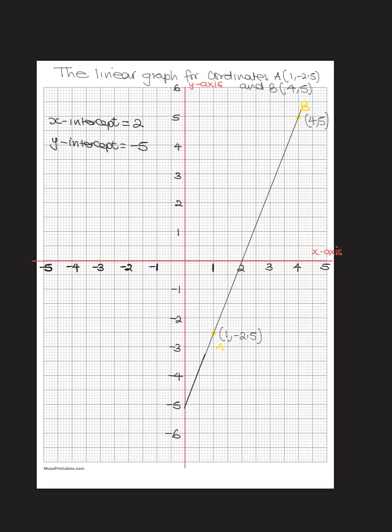So we want to find the gradient of the line AB. We can select any 2 points on the graph to find the gradient. But since we are given the coordinates of A and B, we can use those as well to find the gradient. That will be simple for us. So we know that